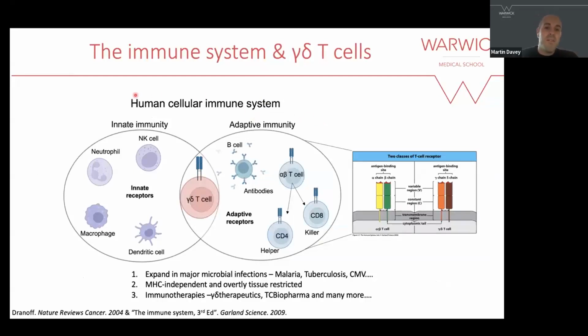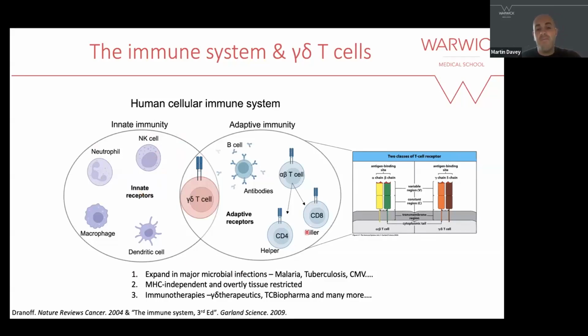We all know that the immune system is a highly complex system full of cells and soluble mediators. Conventionally, the immune system is broken down into two rudimentary arms. The innate immune system, the hallmark of which is the possession of innate receptors, so germline-encoded invariant receptors that recognize pathogen-associated molecules. This allows that arm of the immune system to respond rapidly to invading pathogens.